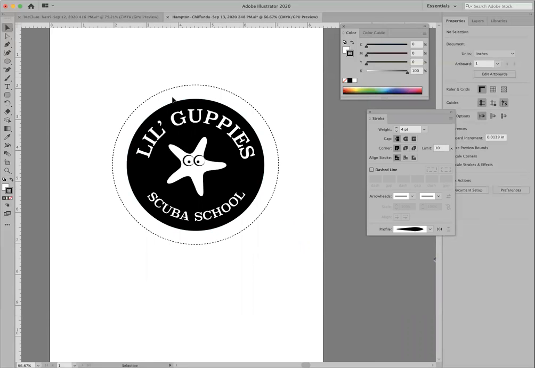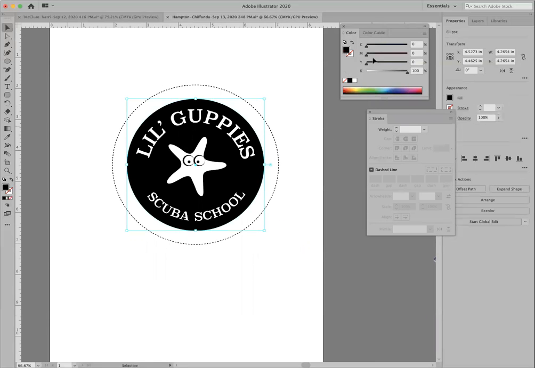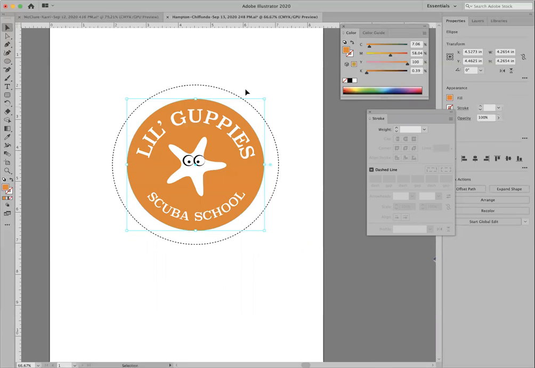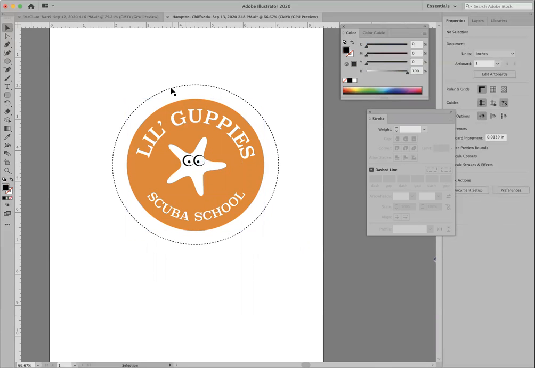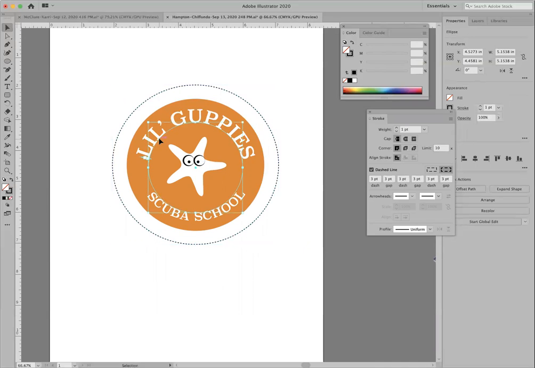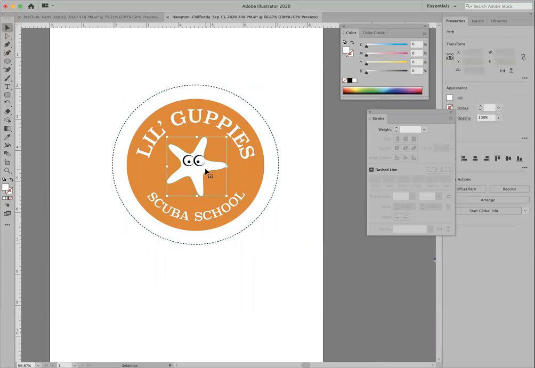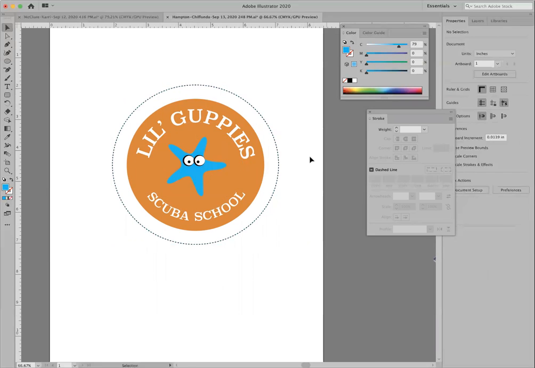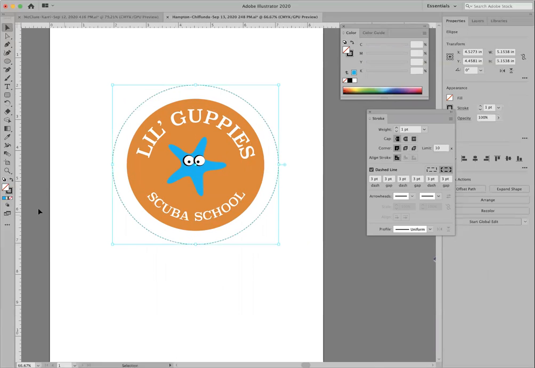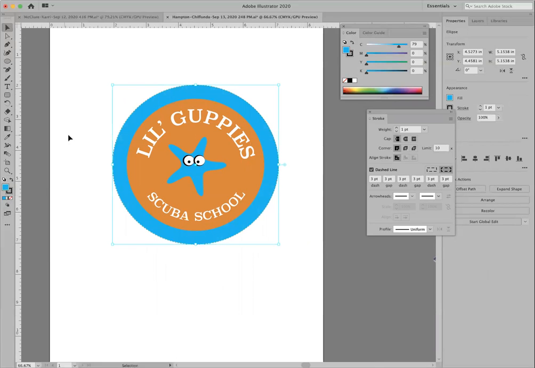And then as you go forward, once you say, oh, this looks great, then you can go in and actually change the color. Maybe you want it to be a little bit more fun looking, or the color's a little bit more appropriate to